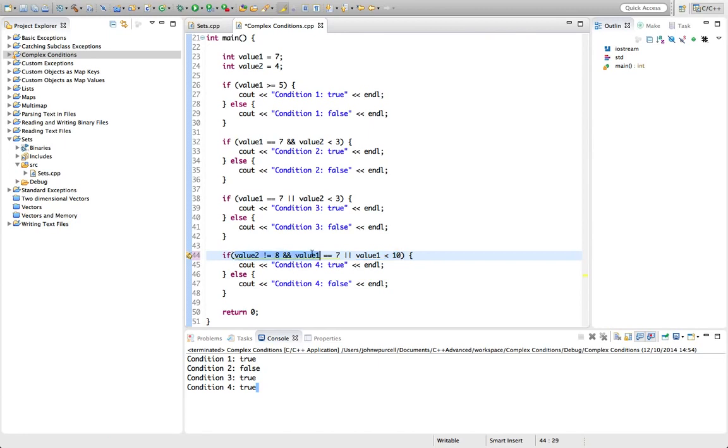Let's make the AND condition false. So let's say if value 2 is not equal to 8, okay, that's true, and value 1 equals 10. Now this bit's false, but this bit's true. And remember, we're going to evaluate these from left to right. So we're going to first do this. C++ is going to take a look at this. It's going to say, is value 2 not equal to 8? That is true. It's 4. So then it actually doesn't need to check this because the first... Oh yeah, it doesn't need to check it because in an AND,